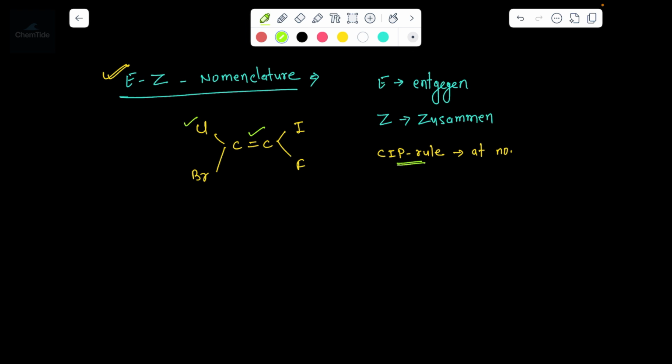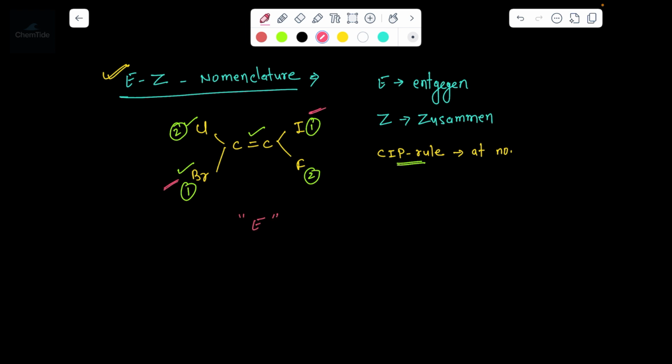So let's compare chlorine and bromine. Bromine has the higher atomic number and chlorine has the lower. Here iodine has the higher and fluorine has the lower. Based on that we have given the priority. Now let's see, 1 is coming on the opposite direction here and here, trans, so that should be the E form,